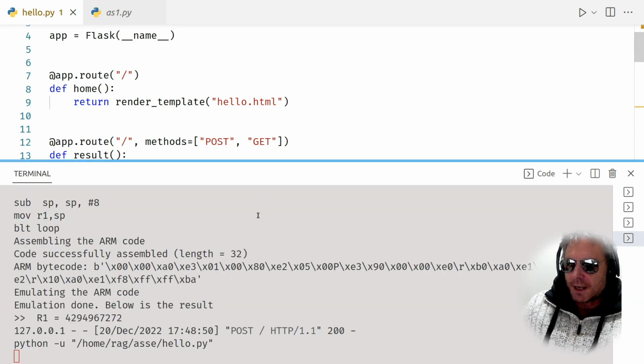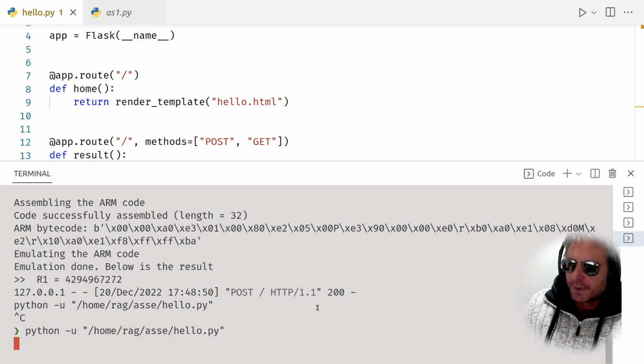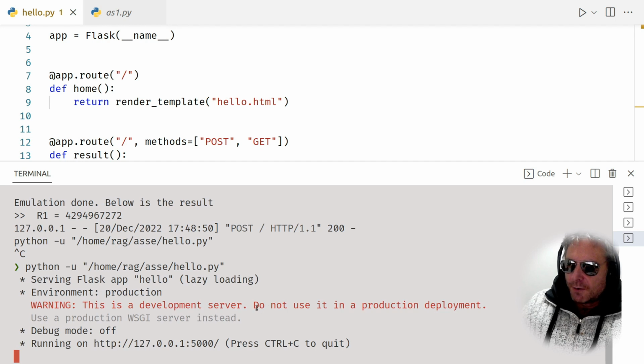And you can see down here. Just cancel that. I had it running earlier. Run it again. There we go. So just remember, this is a development server that you use with Flask. If you want to deploy it professionally, you would use NGINX or Apache, and you'd probably set it up as what's called a proxy, and that's beyond the scope of this video. I have done a video about that previously, so I'll try and remember to put the link up. So right, let's go to the link,